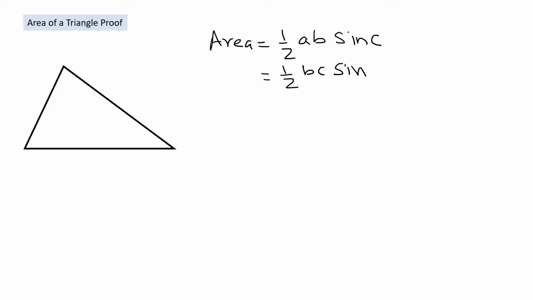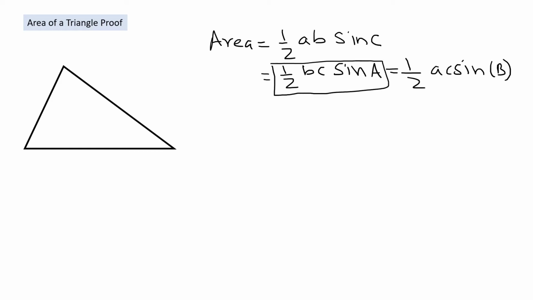Again, we are using any other triangle, and we need to prove the area of this triangle equals half AB sine C, or half BC sine A, or half AC sine B, right? So let's try to prove this one. Okay, so we can use the same technique to prove the other two. To prove this equation,